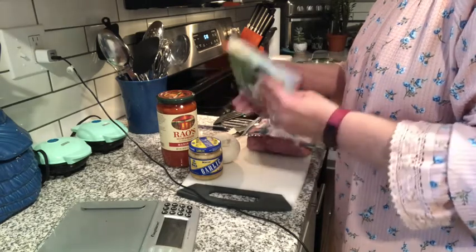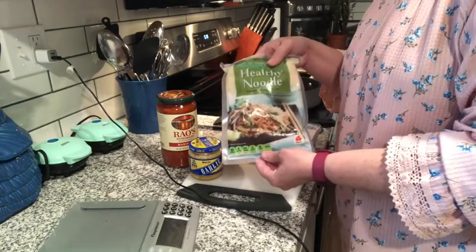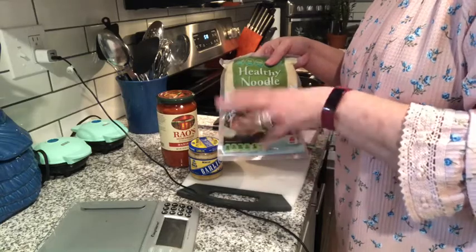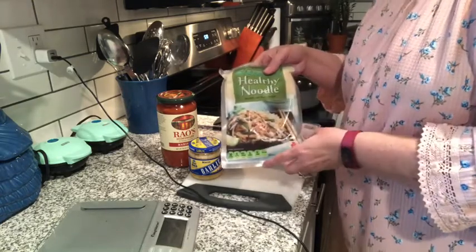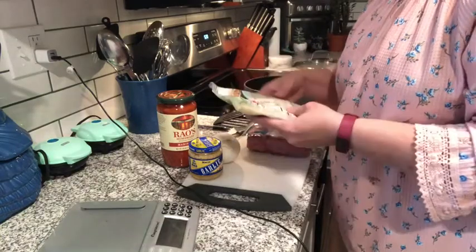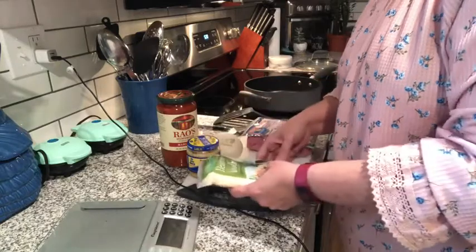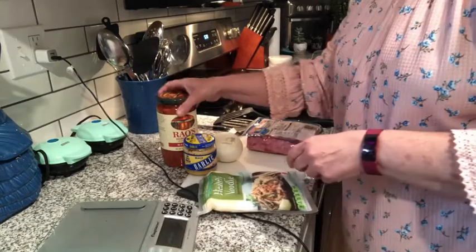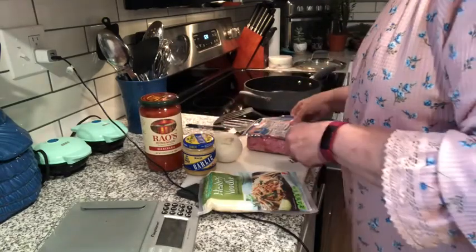There are actually 2 servings in this package right here, so enough for 1 serving for me and the other serving for James. This is how I did my spaghetti last time, and these worked out really great for that. These really didn't have any taste. So whatever taste you have from the spaghetti is really in the sauce, the garlic, the onion, and then the